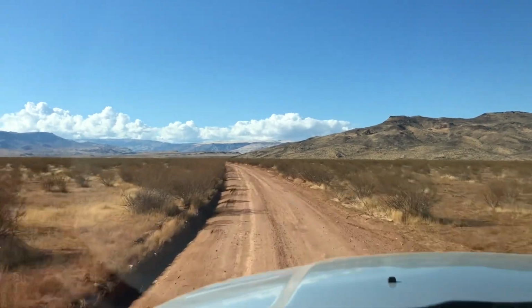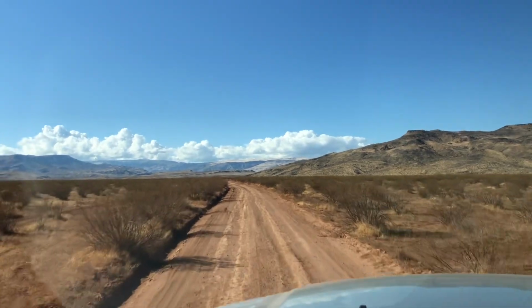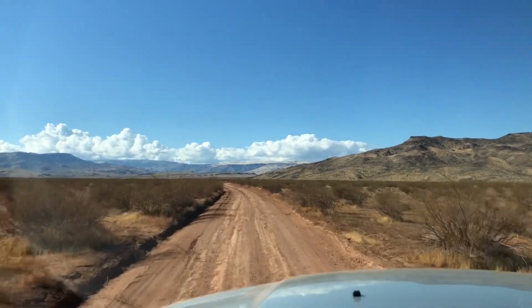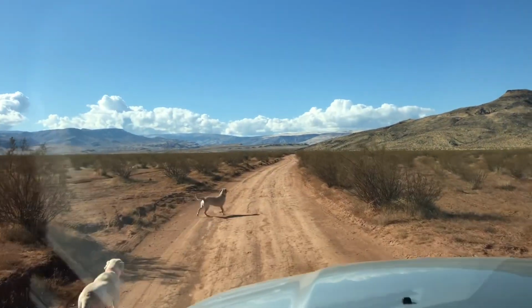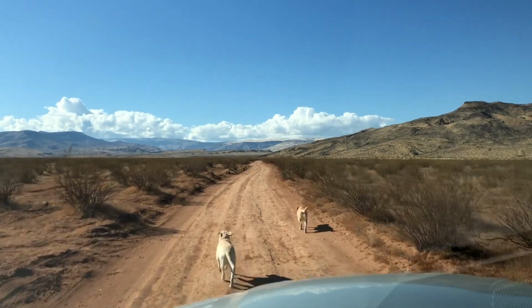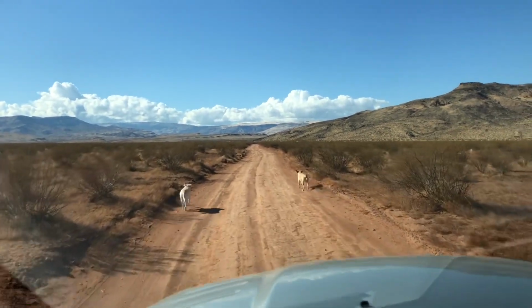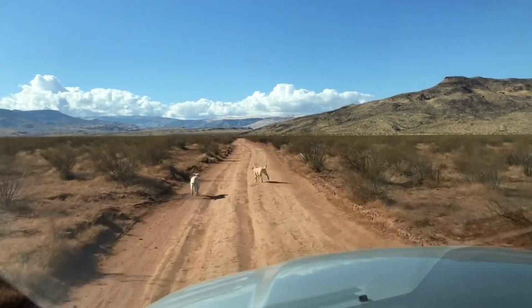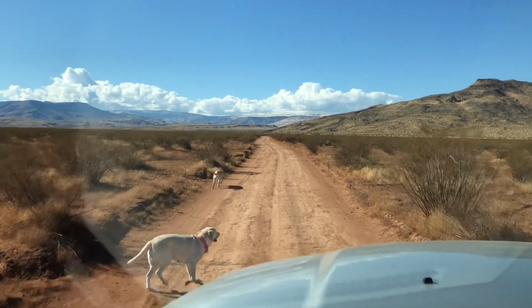Beautiful day. I got the dogs with me, so I'm probably going to let them out and let them trot along with us and just get a little exercise. We'll just go slow, but anyway, Ava's leading the way. The girls are having a good time. We're just headed out here up the road and headed out to Little Black Mountain. We will update you when we get to the parking lot, but the girls needed to get out. There's Paisley